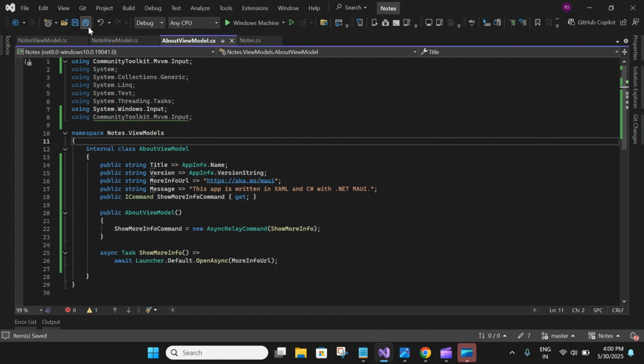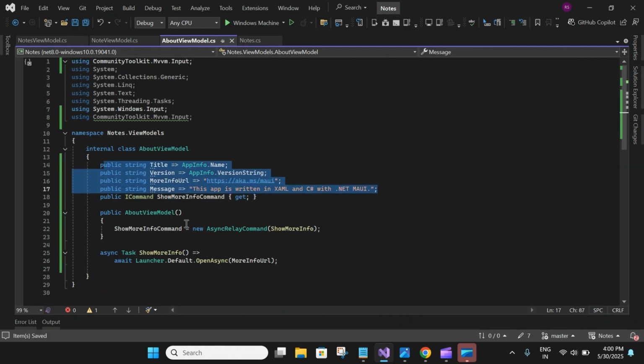However, the view model contains a new concept, the show more info command property, that we can see over here. Previously, we only had title, version, more info URL, and the message. And now we have this additional property. These commands are bindable actions that invoke code and are a great place to put app logic. So in this example, the show more info command points to the show more info